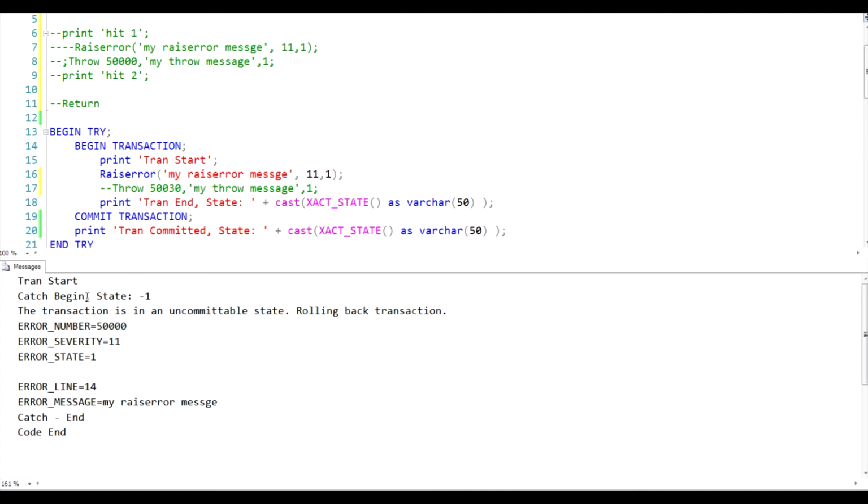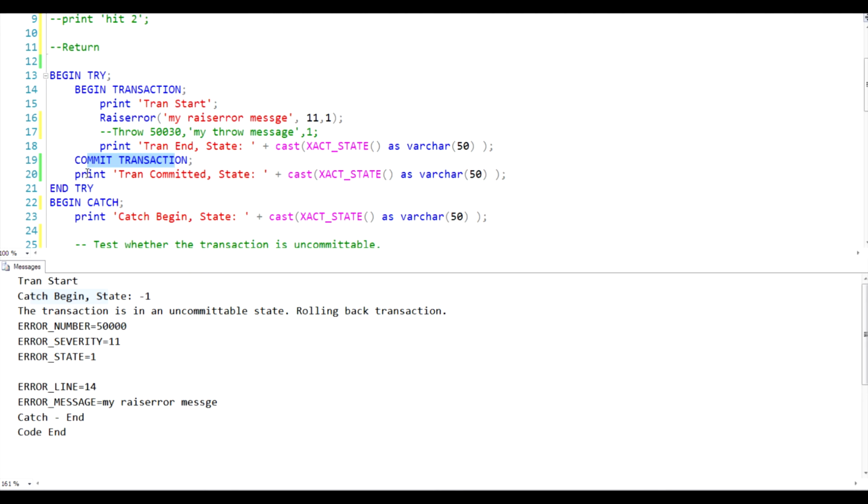Okay, now we do the trans start, and then we go to catch begin. So after the raise error, we did not continue on, which is what we want. We wouldn't want code to continue to run. And we did not commit. We did not get to that. We jumped immediately to the begin catch block, and we ran this line of code, which showed us